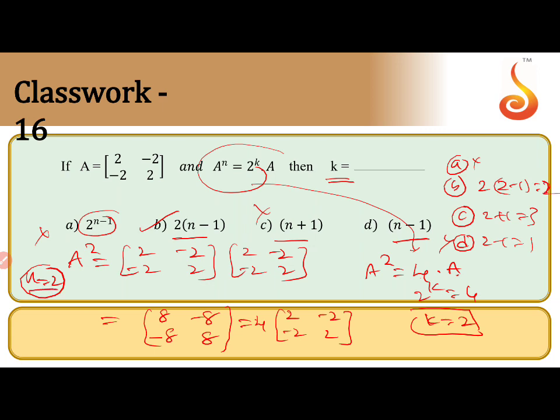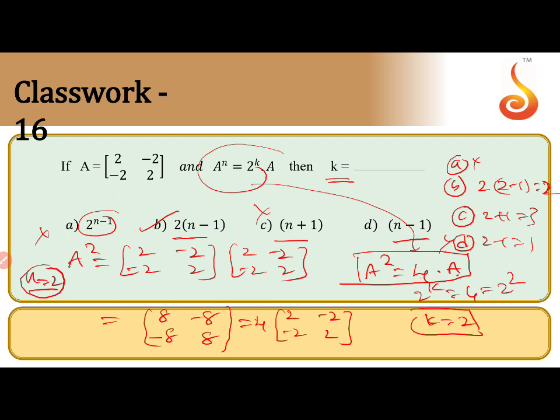First I took n equal to a square. A square means n equal to... So I took 4 common, right, in terms of a. That means a square equal to 4a. And compare with this one, 2 power k equal to... So that means 4 means 2 square. K value 2. So that means k value 2. Which option gives 2? That is the only final answer.